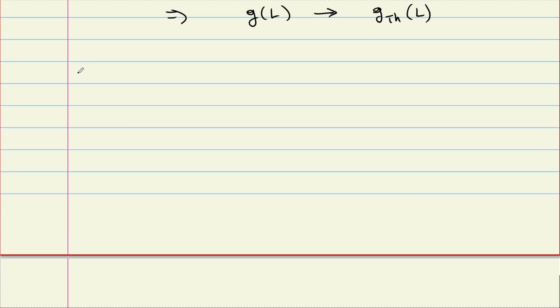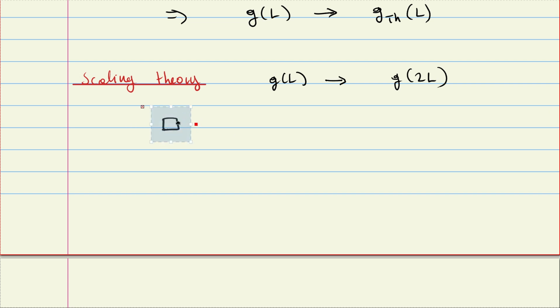And now we can speak about scaling. In the scaling problem, suppose we have this dimensionless conductance G of L given. Can we use only G of L and nothing else to find G of 2L? Okay, so that's the problem. In 1D, for example, we are going to have these blocks, something like that. Let's actually do it for two blocks. This is for 1D.